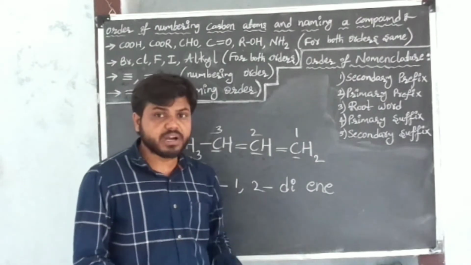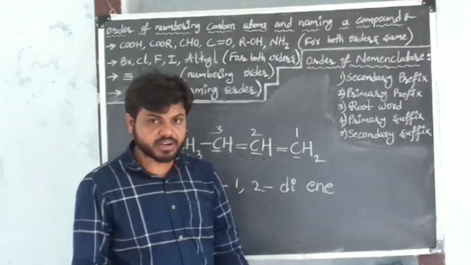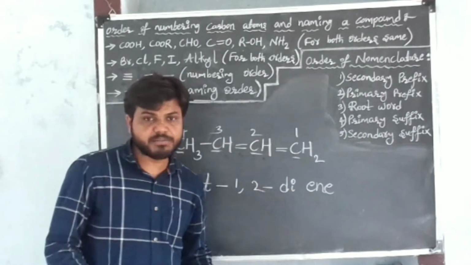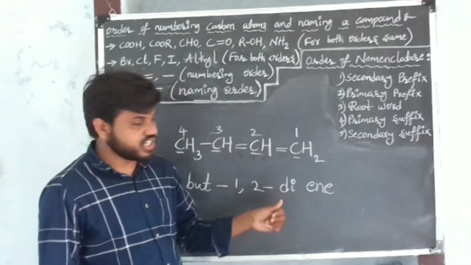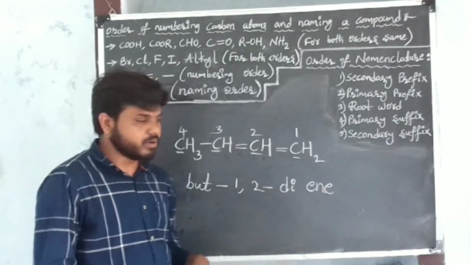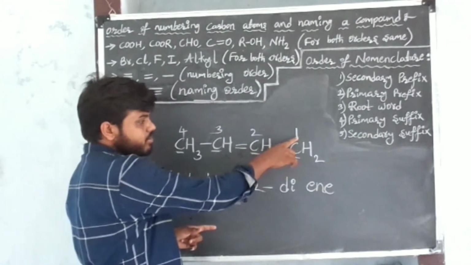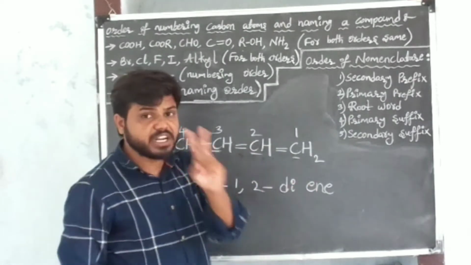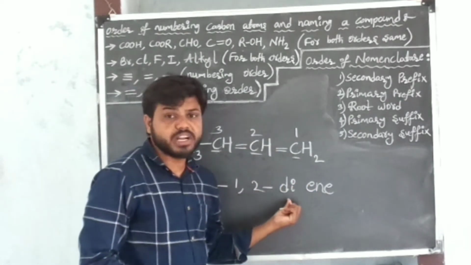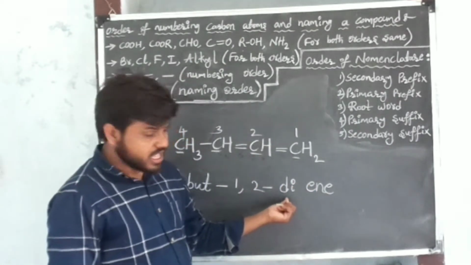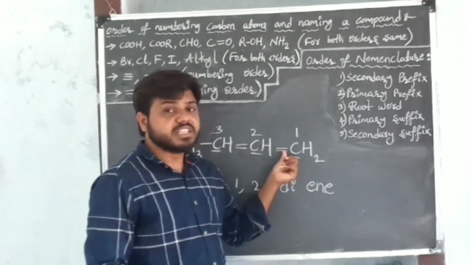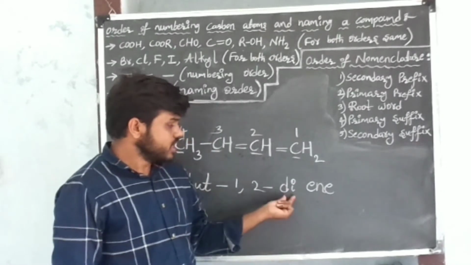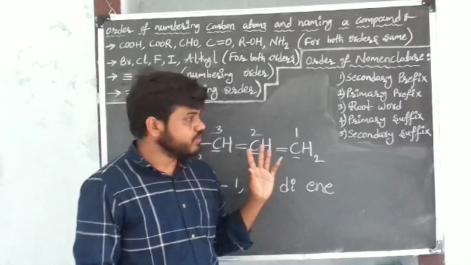When we have a double bond, there is no need to write the suffix of the single bond. Write the positions of each double bond, then how many times it is repeated, then the suffix of the double bond. The positions of the double bonds are 1, 2. The double bond is repeated 2 times, so the numerical prefix is "di". The suffix of the double bond is "ene". So I have written the positions, the numerical prefix and the suffix of the double bond.